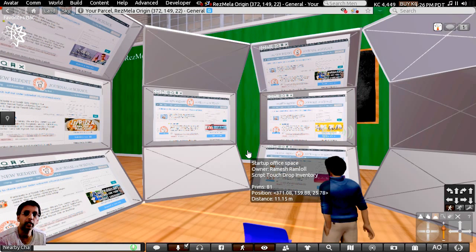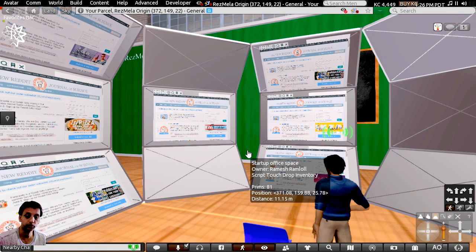So I hope you had some idea of what we are working on at the moment. And again, anything that we develop will be integrated in one of the ResMela library objects, and we are still hoping to make all these objects available as a standard library object in the ResMela database.